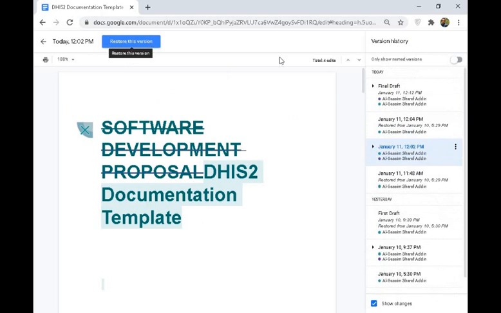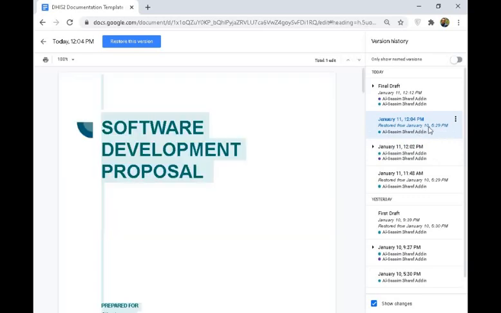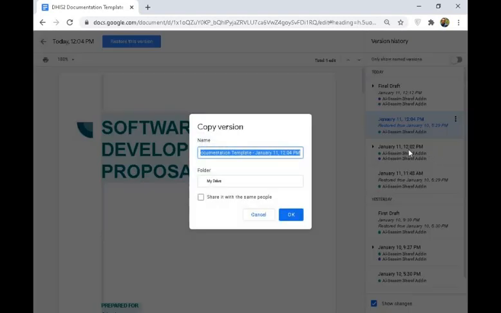We can restore back and we can see what edits happened in each version, and actually who made the edit, because you can see here that the name of the account that made the edit appears in the document, as well as the date, the time, and we can make copies of